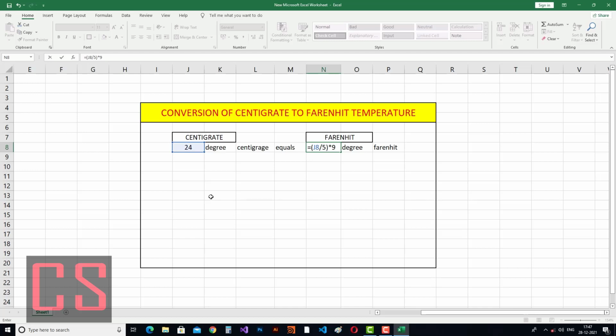So by 9 comes to the left as multiplication, and F minus 32 becomes F plus 32. So this value will be the Fahrenheit value. Now I will just drag it out.